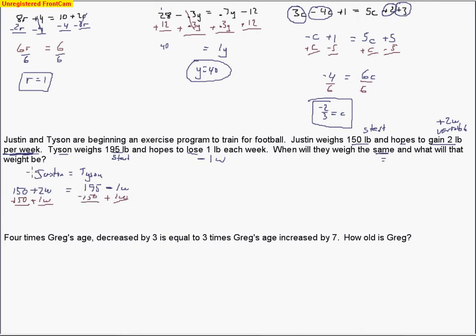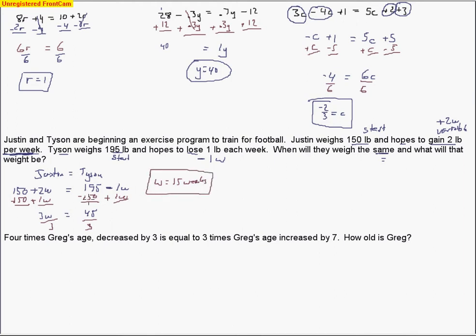Sometimes you can't get away. You'll have to deal with some negatives, but if you don't have to, might as well not. Less things to worry about. So I'm left with 3w. Here I have to subtract. That gives me 45. So now I'm ready to do the division, and I divide by 3, and that gives me w equals 15. So 15 weeks is the number of weeks that we are going to have to